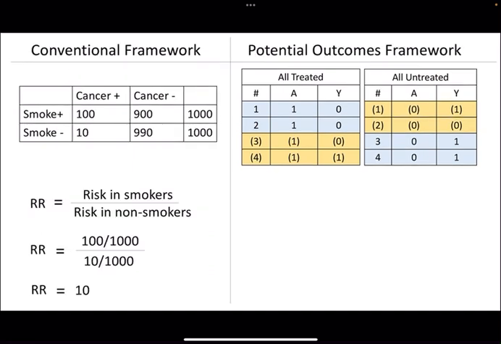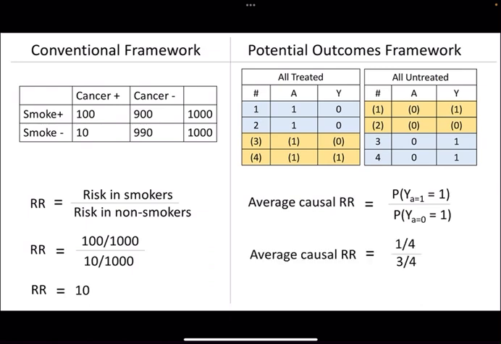So how we go about calculating the relative risk is the same as I showed you before: 100 over 1,000 divided by 10 over 1,000. But how we would find the causal relative risk in the potential outcomes framework is we figure out, as we did before, the probability of the outcome had everyone been treated divided by the probability of the outcome had no one been treated. And everyone is occurring in both the numerator and the denominator here. So as we found before, we have 1/4 divided by 3/4, and we get an average causal risk ratio of 1/3. And that is assumed to be